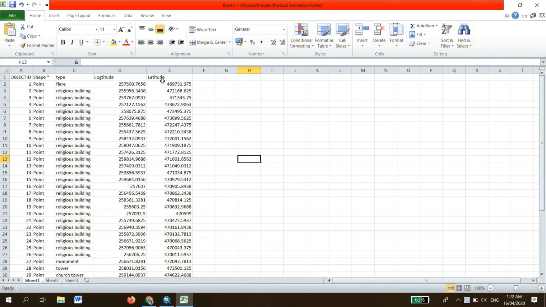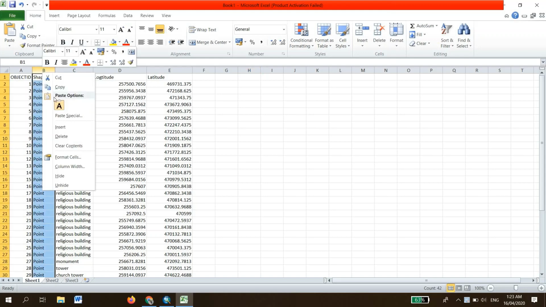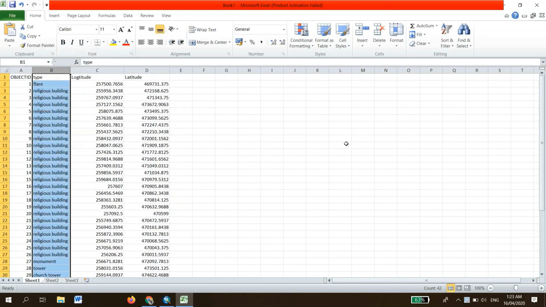This is an Excel sheet of points, longitude and latitudes. We have object ID, shape. I don't really need shape here, so let me take it away. Type, religious, and all those. So let's save this